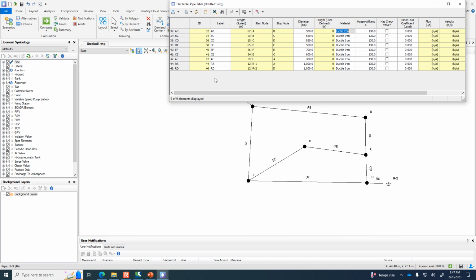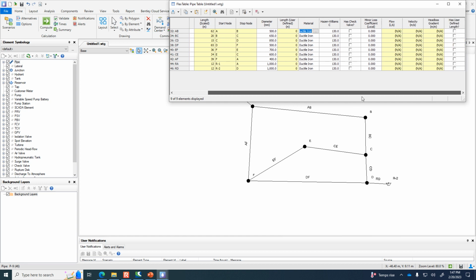But the other thing we need to do is define the lengths of these pipes, because we've set their diameter, but not yet the length. So this column over here, it says has user-defined length. Click that on for all of them. And you're going to see when you click it, it's changing this length user-defined from yellow to white. Yellow means that we can't edit. If it's white, it means that we can edit.